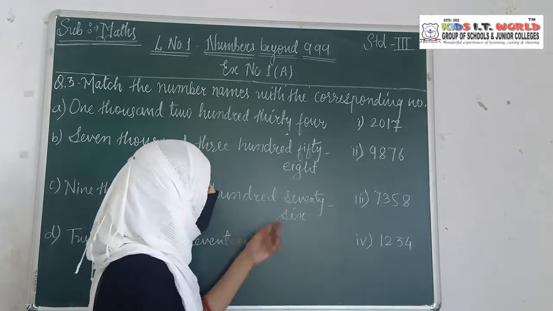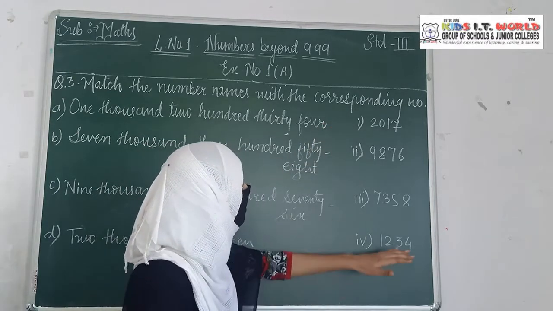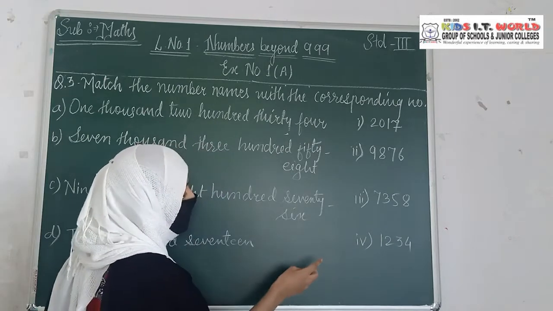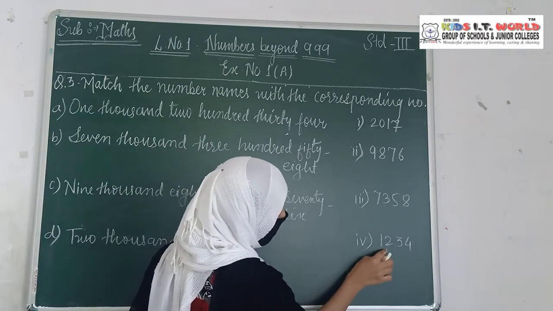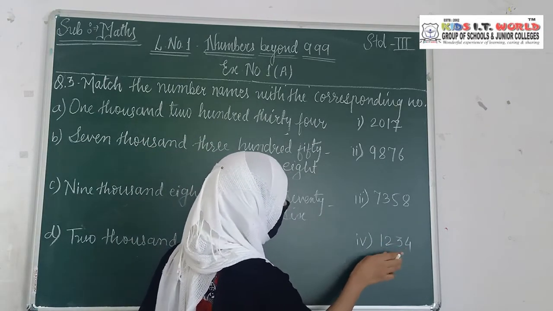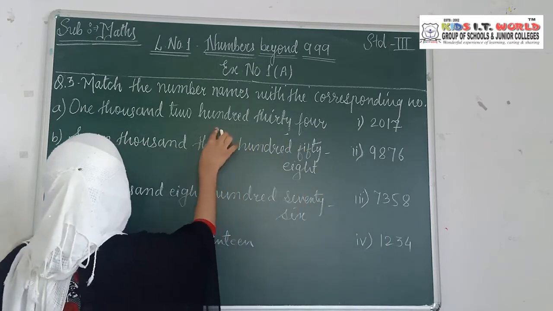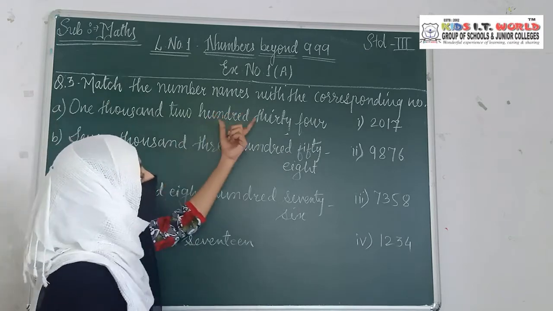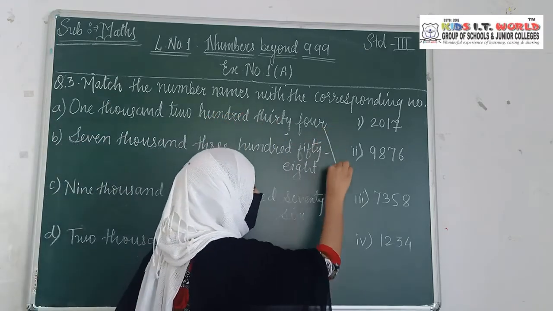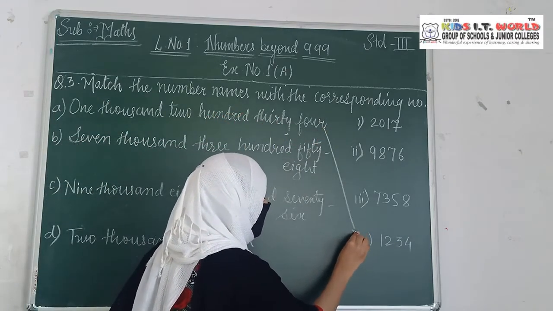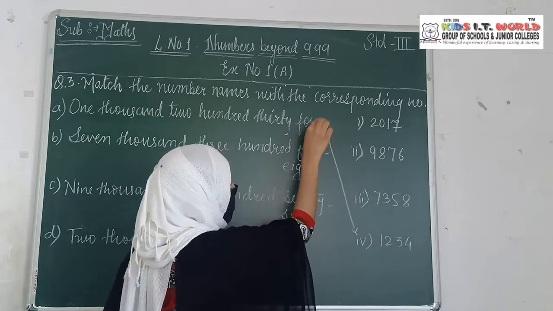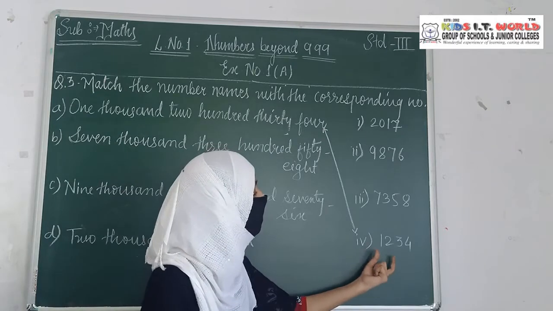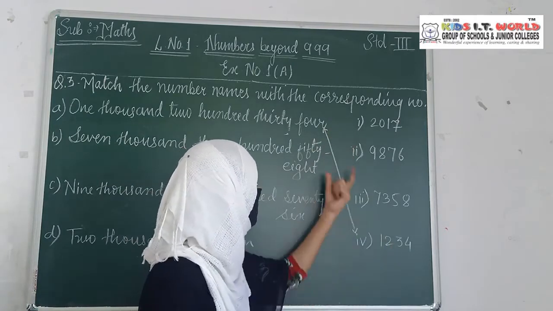1234. Now read this, and where the value is suitable, that is 1234. So easily you can say it is 1234. So it is matchable with the 8, that is 1234. Now how will you match? You can draw the line with the pencil and scale and make an arrow like this, or in the second way you can write the answer directly in the middle.